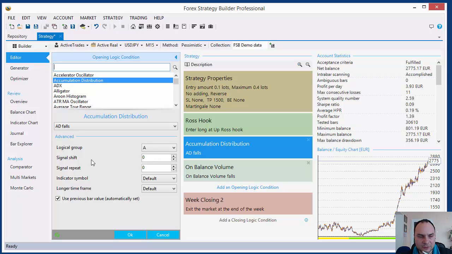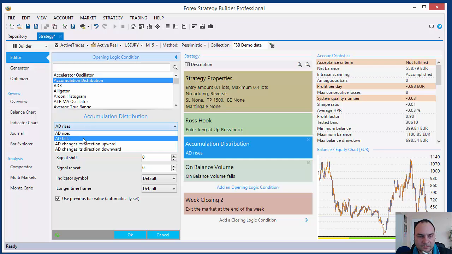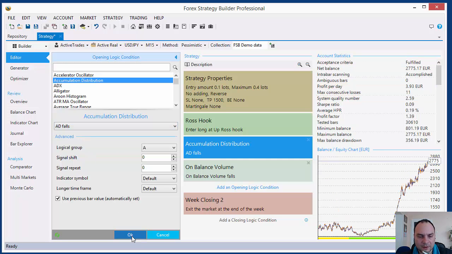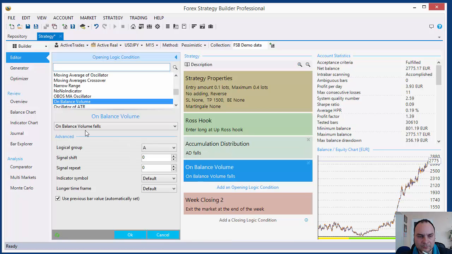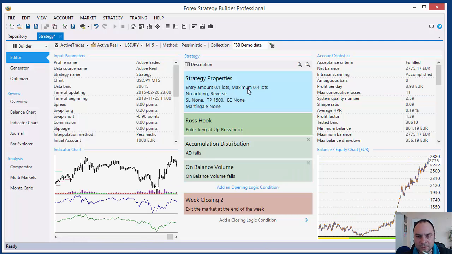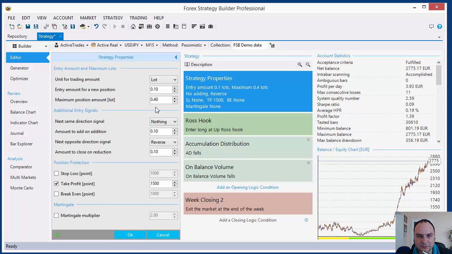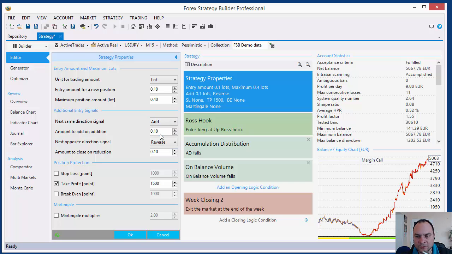Accumulation distribution, signal shift, signal repeat, accumulation false. Alright, this false. Okay, and on balance volume also false. The strategy is okay. How is that? Let's see. I have adding here. No, I don't have adding. If I switch the adding,